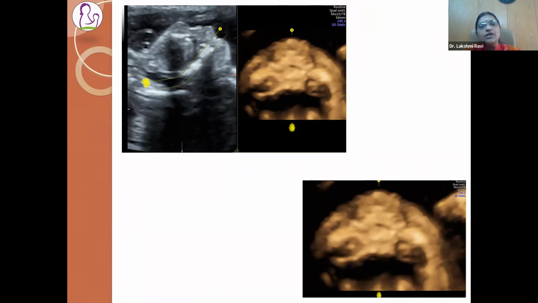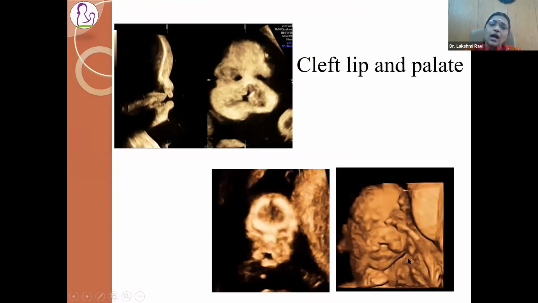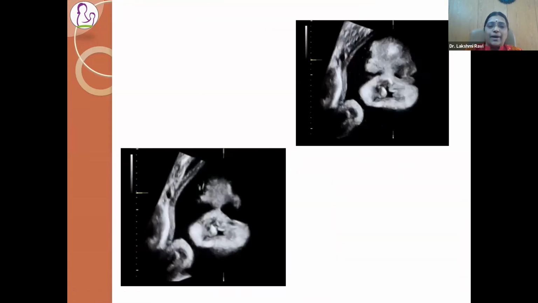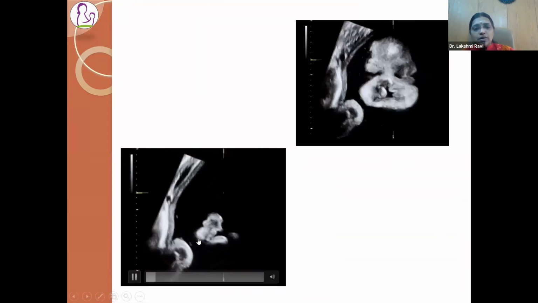So you must avoid shadowing, and have some fluid in the oral cavity with the fetus in hyperextension. You draw a simple OmniView line, and you get the entire palate nicely visualized in mid-trimester like this. And obviously in a cleft lip and palate, you can utilize this technology to understand cleft extension into the palate. See, now this is the coronal section.